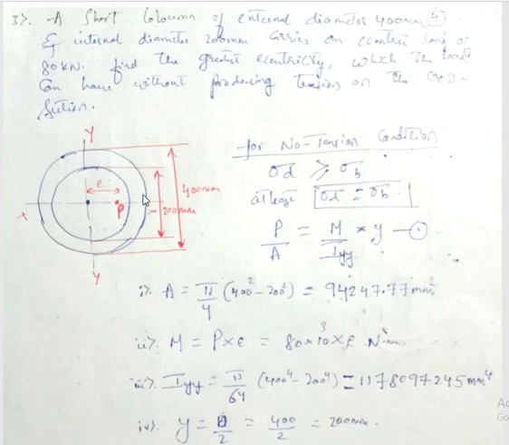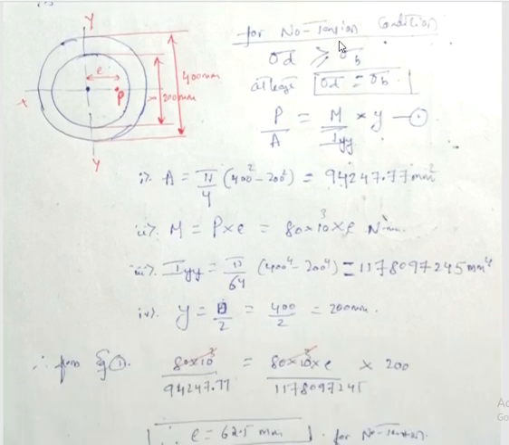For solving this problem, again what I need to use is the condition of safe load. What is the condition? For the no tension condition, direct stress should always be greater than or at least equal to bending stress. We'll consider the limiting condition, that is, direct stress should be at least equal to bending stress, then we'll get the maximum eccentricity. So I'm considering that equation, direct stress equal to bending stress. We know that direct stress is P by A and bending stress is M by I y into y, I because the load is having eccentricity with respect to the y-axis.